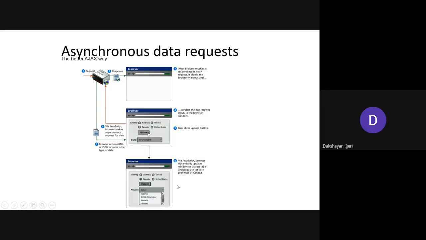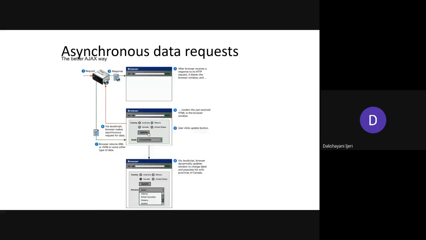Instead, it just executes the JavaScript to make minor updates in the file, which are reflected in the web page in a much shorter time. This is how synchronous and asynchronous data requests are carried out, because of the introduction of JavaScript in your HTML pages.